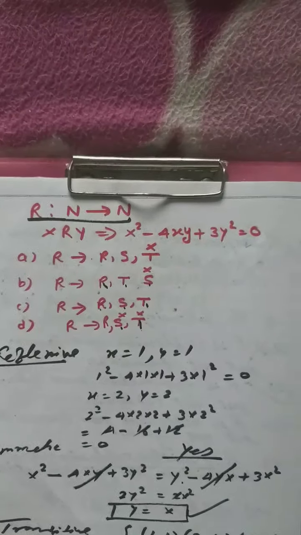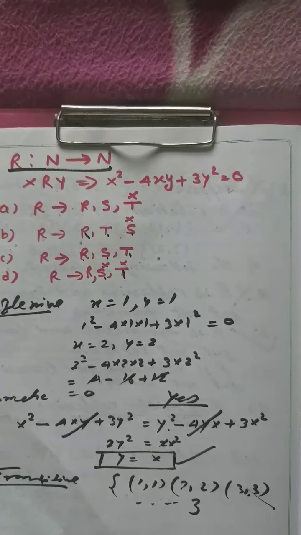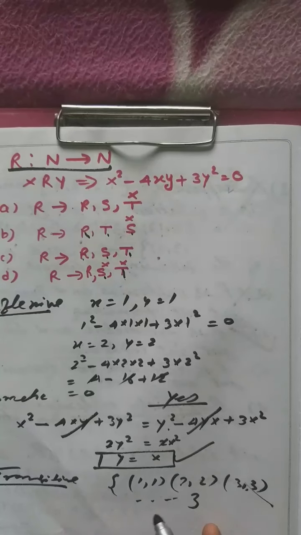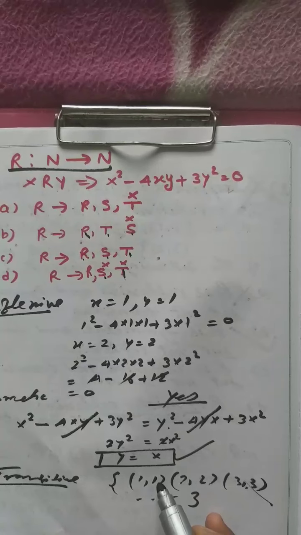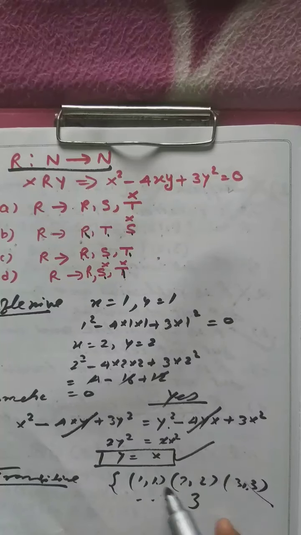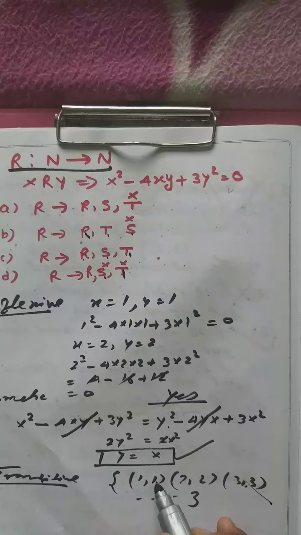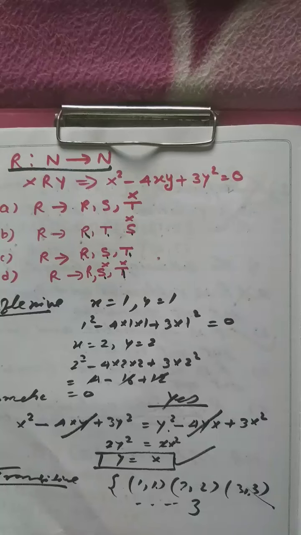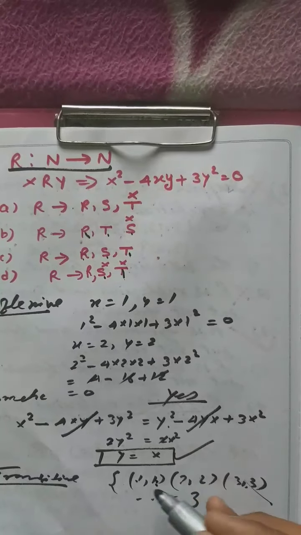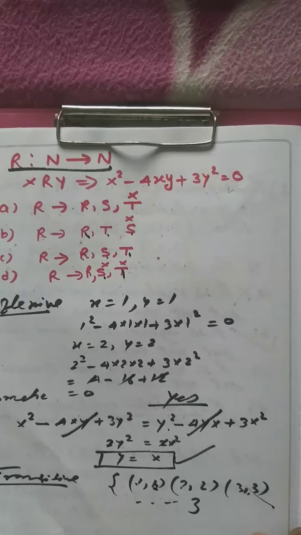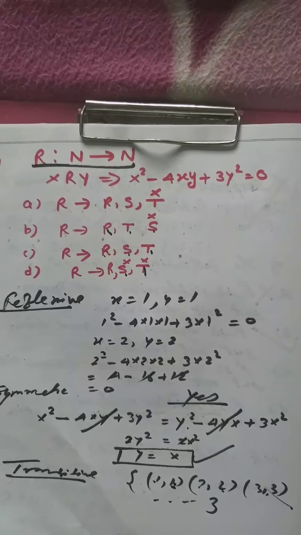So we know that for such a condition, if AB is present but BC is not present, in that case the given relation will always be transitive. Means 1 1 is AB, BC is also 1 1, and AC is also 1 1, right? Same for 2 2, 3 3, 4 4. This indicates that the given relation is transitive also.